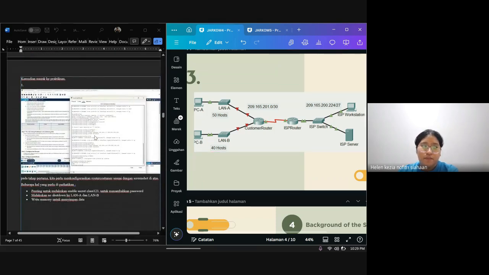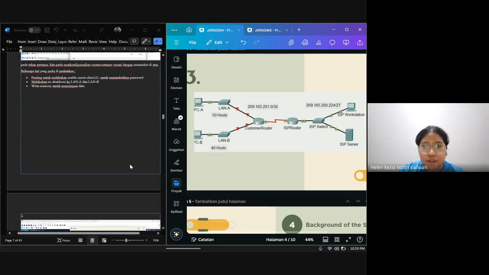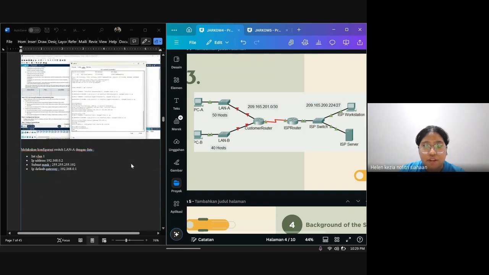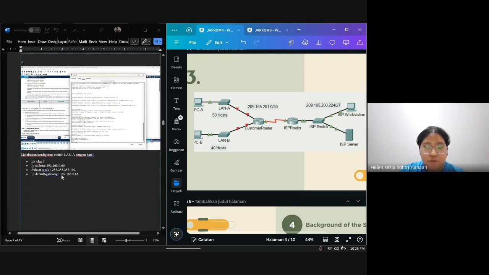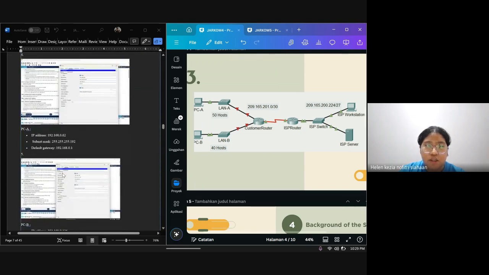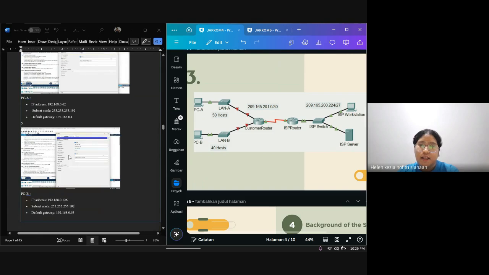Step by step, first of all, we need to do some enable to make it green. Then after we make it green, it will be set like this. And we do all of the configuration in here from the LAN and the PC, then the ISP.